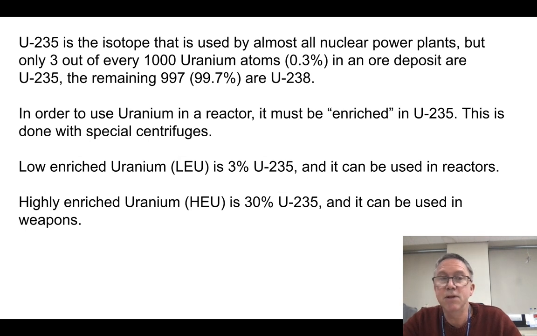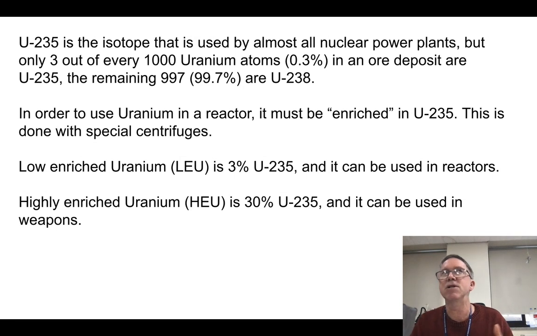You can't use uranium-238 for nuclear power. Therefore, what you have to do is enrich the uranium in uranium-235. You don't have to have pure uranium-235, not by a long shot. But you have to find a way of increasing the percentage of uranium-235. 0.3% won't work, but guess what? 3% does. So we've got to get a tenfold enrichment of it. And they do this with these centrifuges.